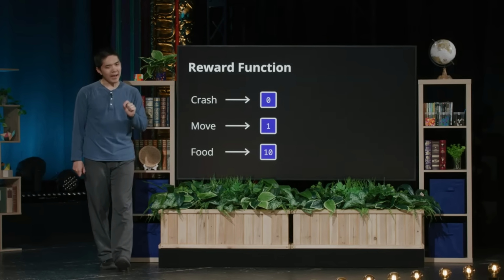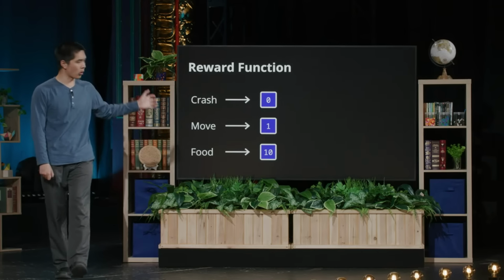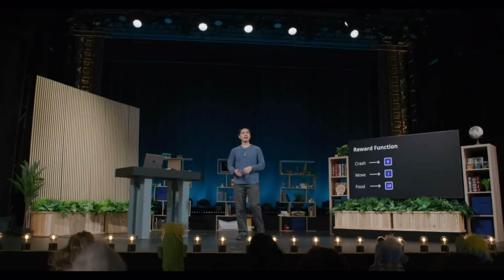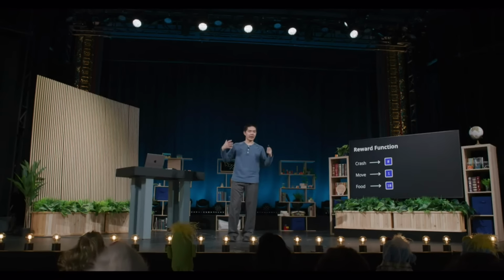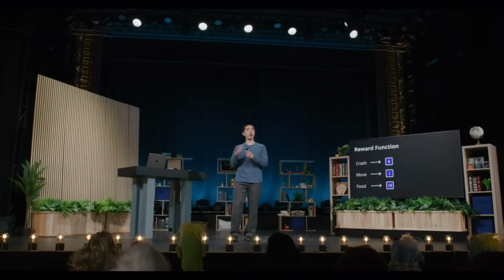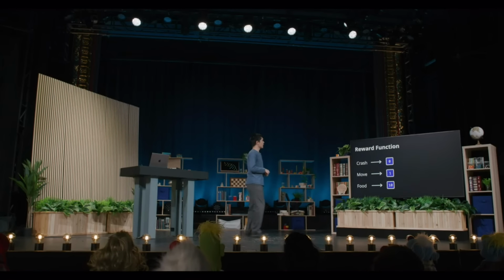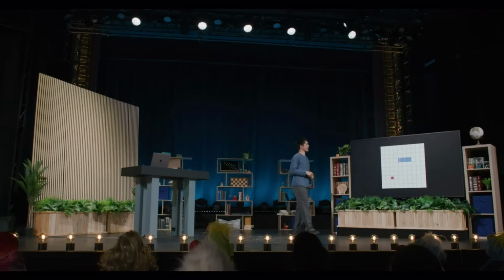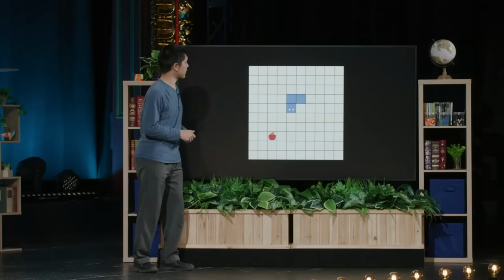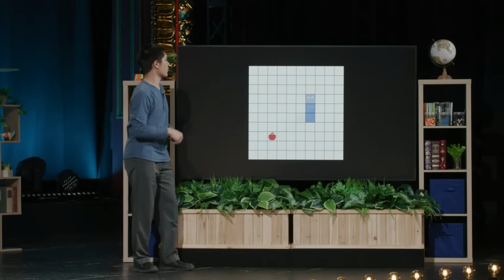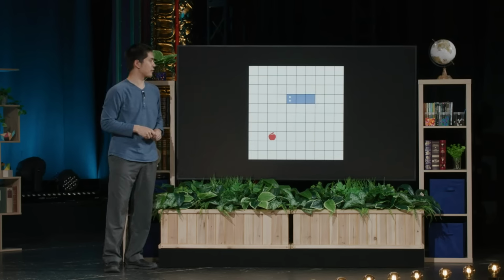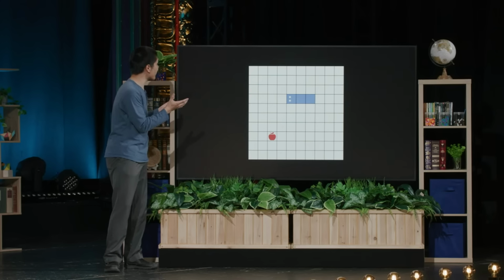We still have food as the most valuable thing, and we still have moving as a little bit better than crashing. But if you imagine what might happen if we were to use this reward function and give it to an AI and say, use this information, play this game, learn from experience, and figure out what action to take in the state for any given point in time, what we might end up with is a situation like this, where we end up with the AI snake that just moves in circles over and over again, infinitely, just circling and circling. And why might it do that?